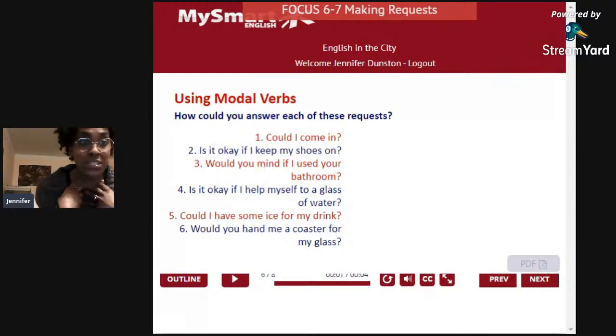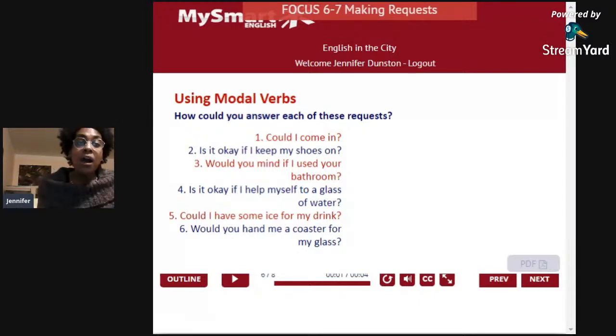This time, though, we want to answer the request, okay? So I make a request to you, and then you answer me. And the answer is never no. But sometimes it is. But if it's no, it has to be a nice way to say no. You can't just say no. What kind of question is that? Absolutely not. There's a nice way of saying no, and we're going to see how.